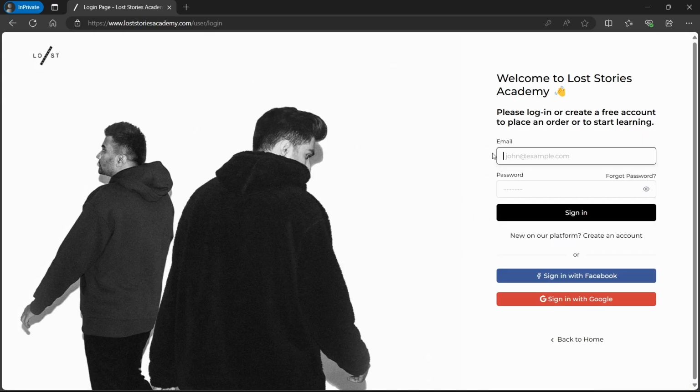Once you reach the sign in window, you will have the option, if you have already created an account, to log in using your email ID or password, or you can sign in using your Facebook or your Google account directly. If you are new here and you want to create an account, you can click on this create an